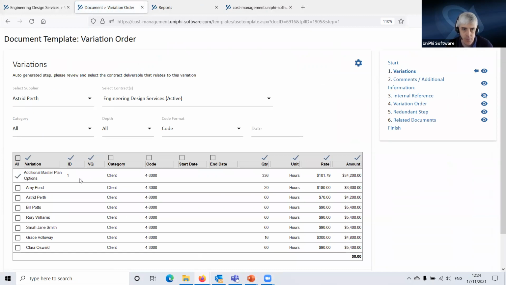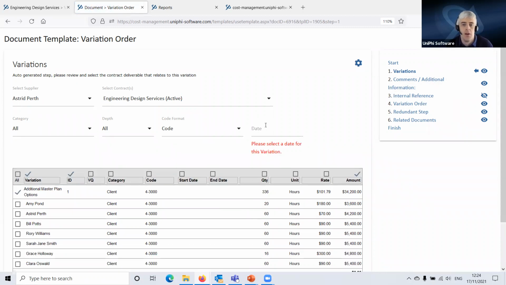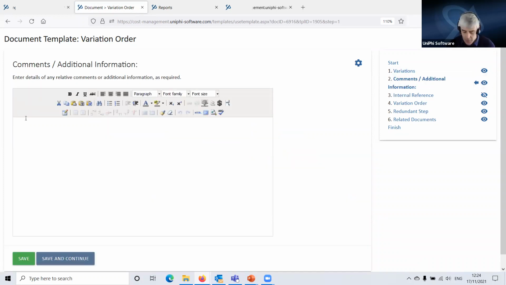Now, again, I'm going to show this to the client as a lump sum amount, right? So I'm going to hide this quantity unit rate. I'm not showing all the detail here against everyone. I'm only showing this line here. So I'm selecting what I want to appear in the document. Variation date, that's today. And then, you know, I would write a